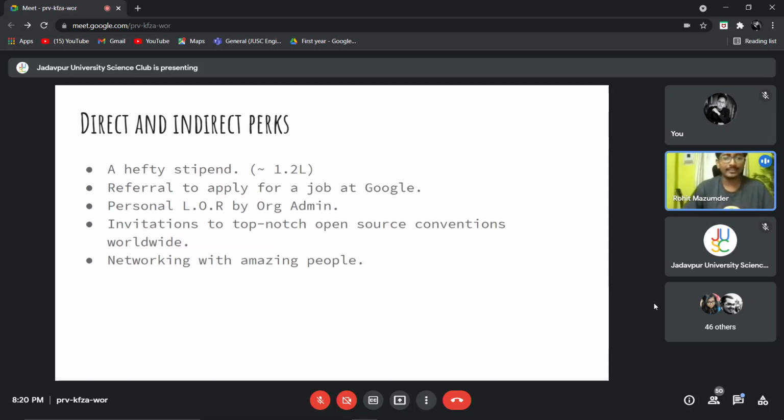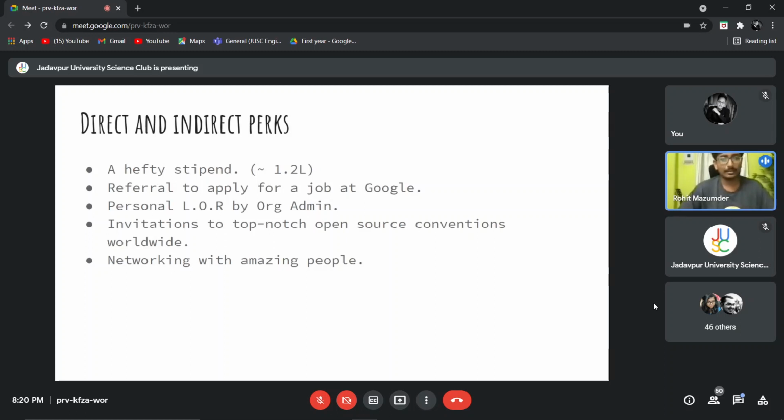I'm not going to go into detail about what PPP is all about. You are free to Google it. It's an economic concept in which you're paid as per the economic condition of your country. Let's say you are here in India and you get paid 1 lakh rupees. 1 lakh rupees is a huge amount for you, but if you are in the United States, 1 lakh rupees will be nothing to you. A person in the United States gets paid a much higher value, something like 5 lakh. So this is decided on various factors, and the stipend decided for this year was comparatively less, but still a lot of money, which is 1.2 lakhs.